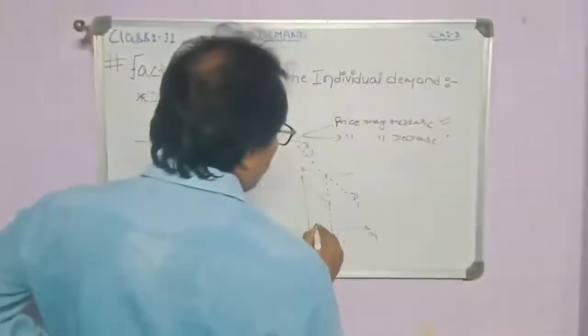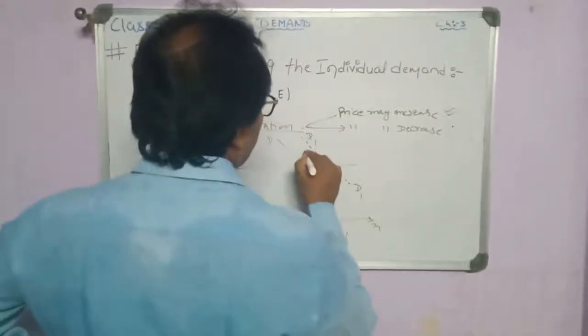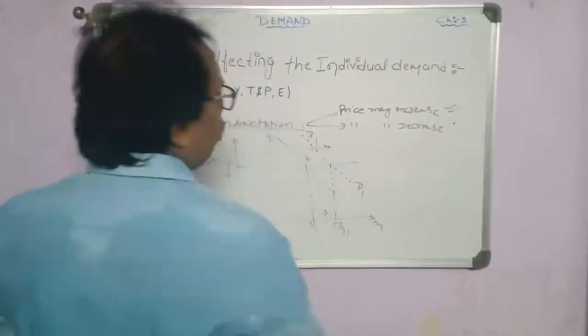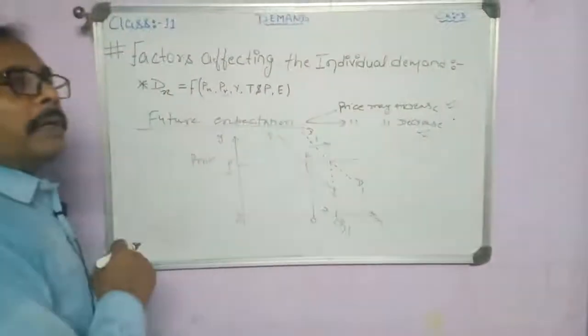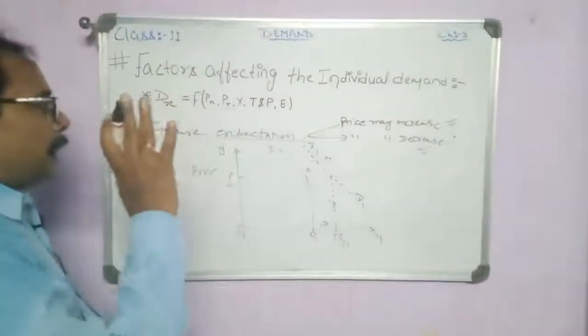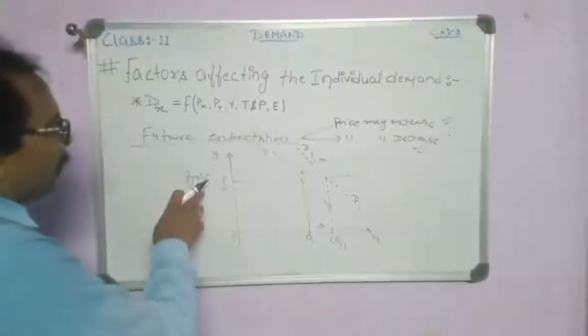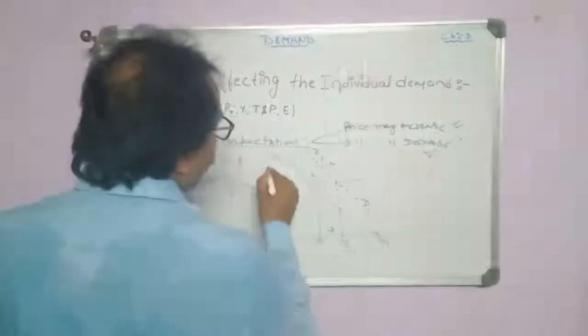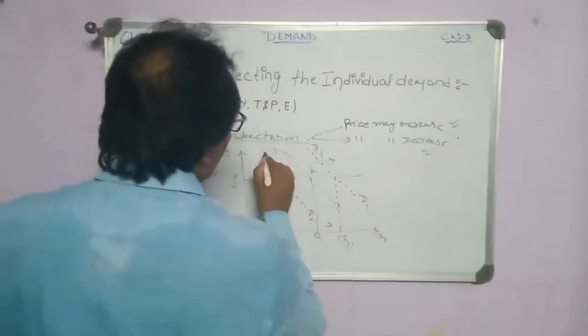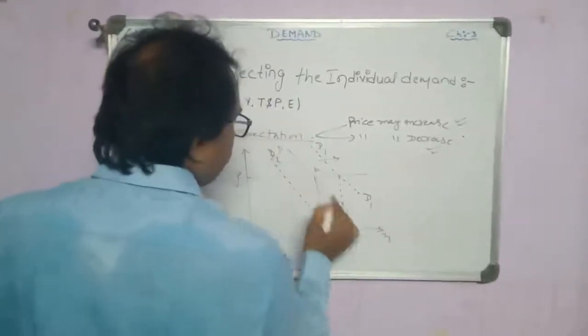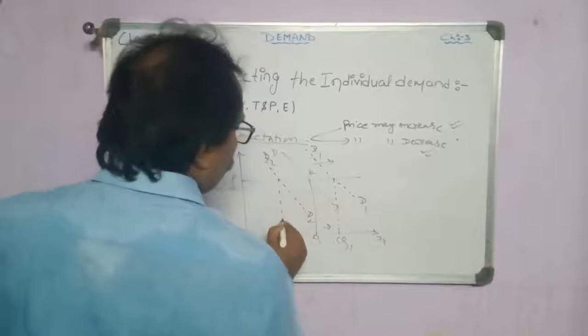So the quantity demand has increased. Is it clear? And if I think that from tomorrow onwards, the price of the commodity may decrease, so at the same price, we are ready to buy less quantity and the demand for that commodity decreases from OQ to